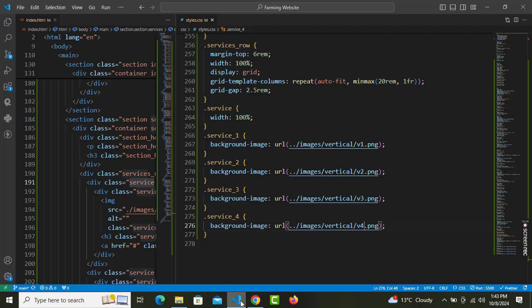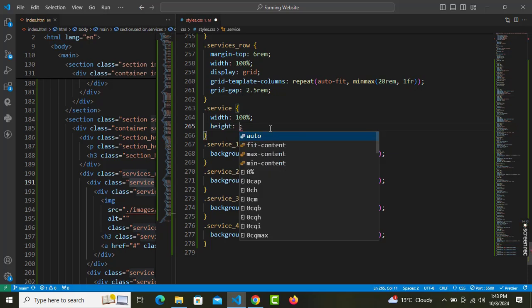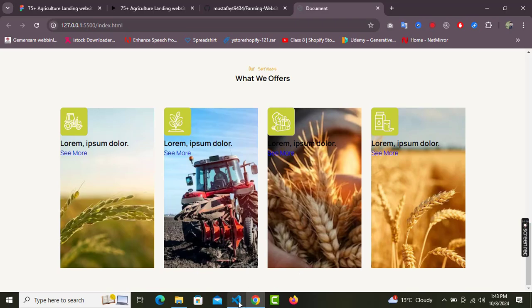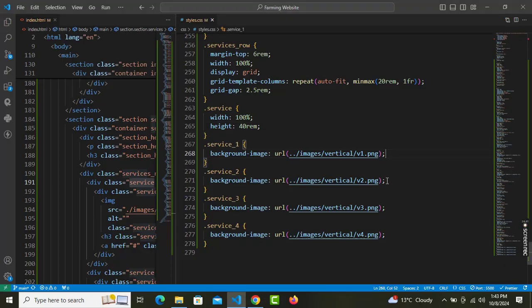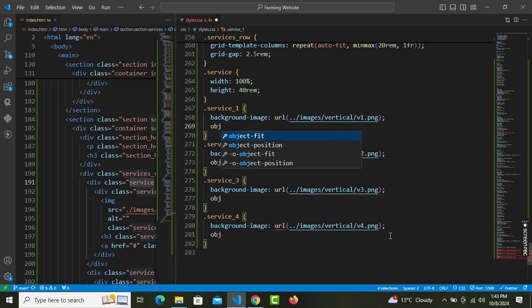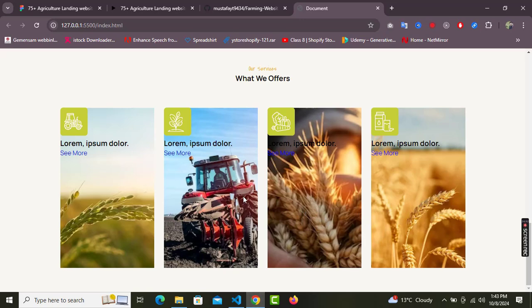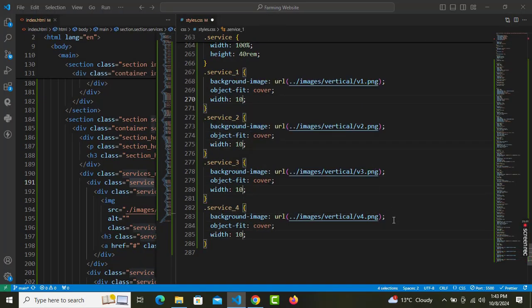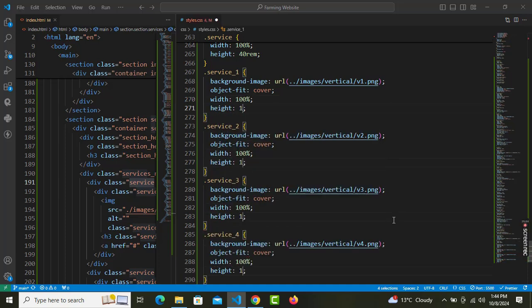All right, what else do we need? Is this service will have a height of, let's go with 40 rem. Okay, and each of this image will have object fit to cover. So make sure those images are covering the whole thing, and it is not doing it. Maybe width will be 100% and height will be 100%. Now it will cover everything,